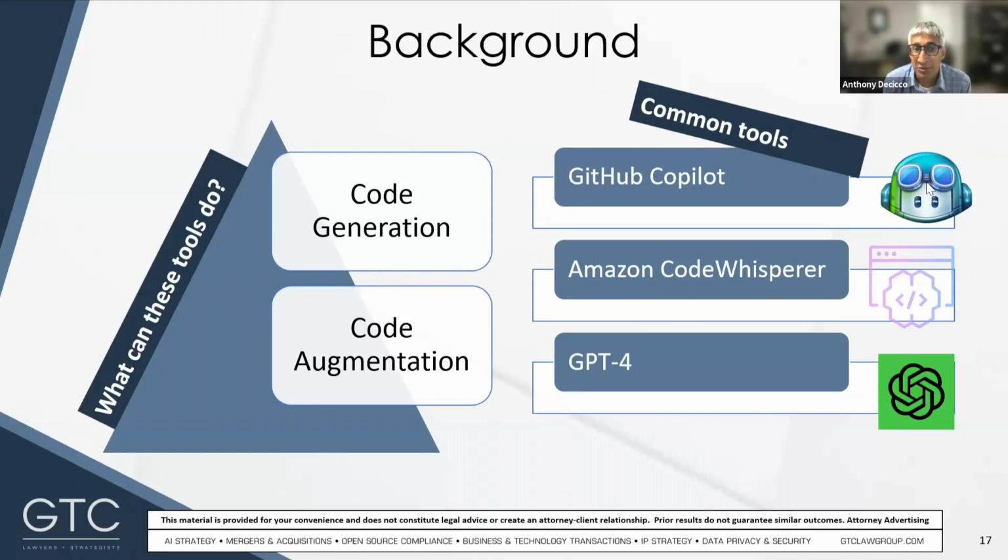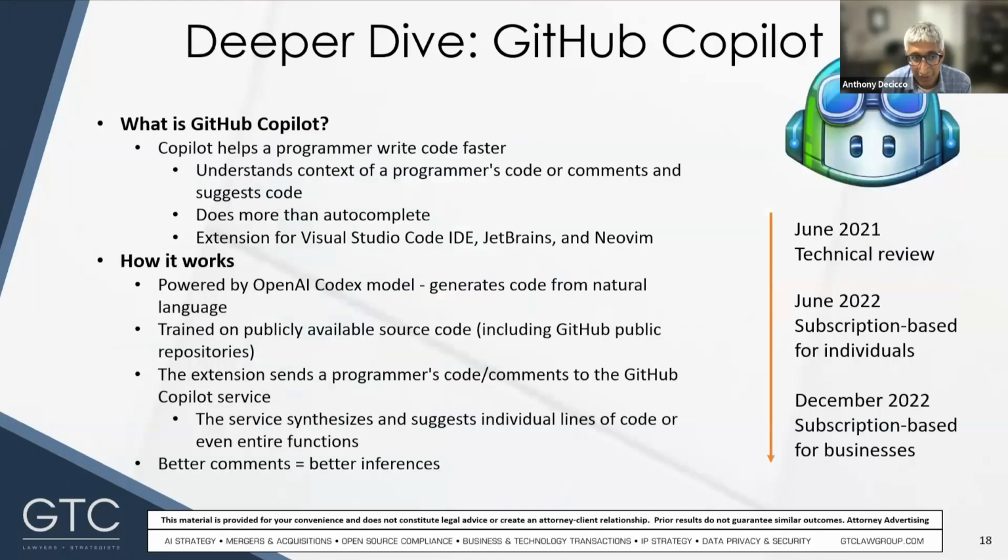And there are many more tools out there beside these, including, very well fitting for the OpenChain audience, open source tools. There's one called Faux Pilot. So that's FAUX Pilot. It's released under an MIT style license and is described as an alternative to GitHub Copilot. So now we'll do our deeper dive into GitHub Copilot.